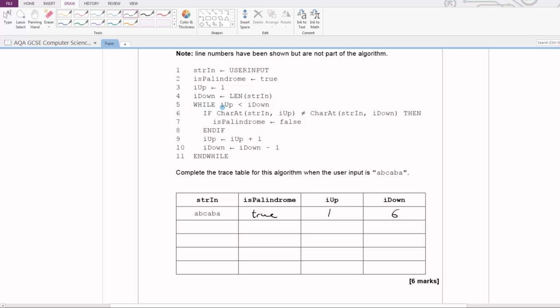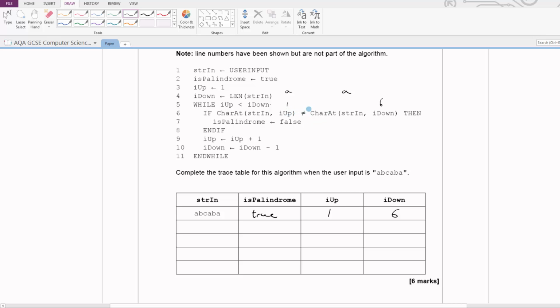We then have a loop: if i_up is less than i_down, so it is at the moment, 1 is less than 6. We then have an if, so we have some selection. If CharacterAt(str_in, i_up), so i_up is now 1, and we've got str_in as this string, is not equal to, this means not equal to, the same with i_down, so when we've got 6 here, then is_palindrome becomes false. So let's try this. The character in the first position of this string is A, so let's write this here. The character in the sixth position is A, and it says if it's not equal to, then, well, it is equal to,